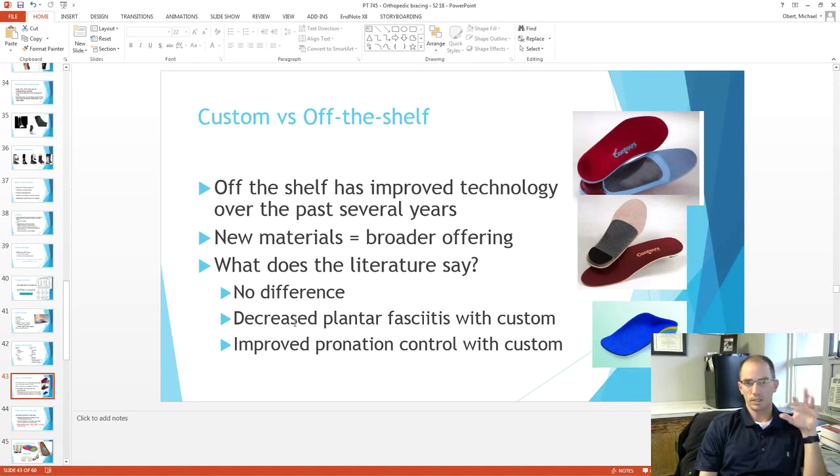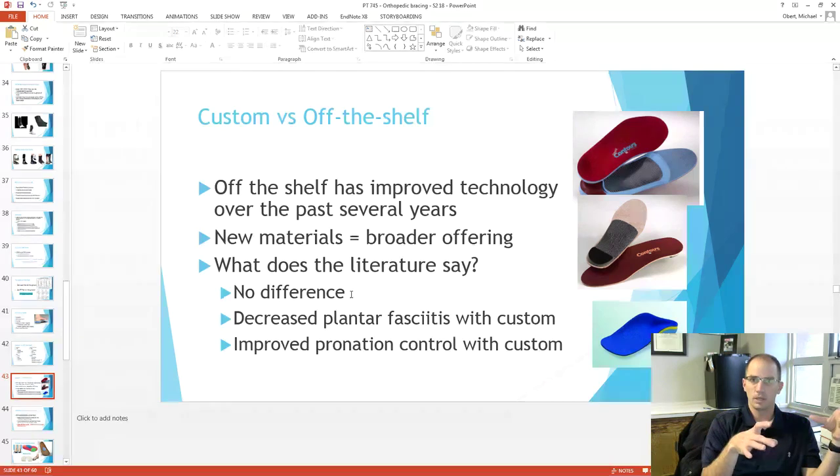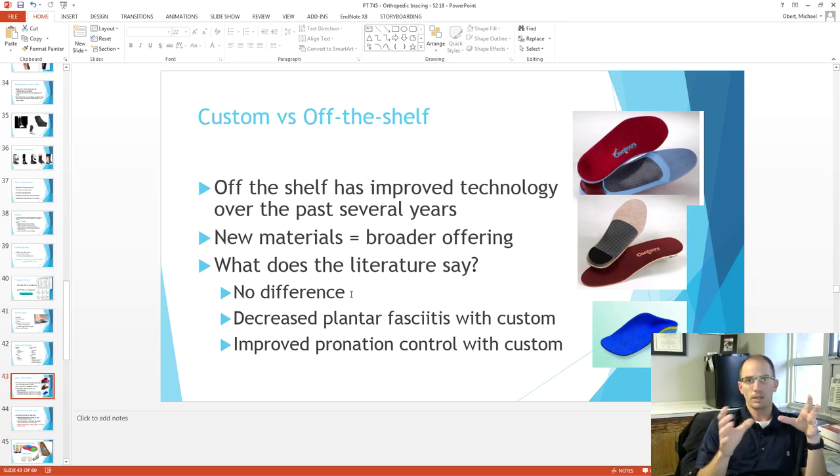So these are the results of 3 different studies. There's a lot of literature out there that says custom versus off-the-shelf, you pretty much get the same benefit. And I think a lot of it has to do with the type of foot. Most people have a neutral to a slightly pronated foot, and so it depends on the population that you have to look at for those particular studies. So most of the off-the-shelf will fit most people. But again, I err on the side of, if they've got something wacky going on, I'm probably going to make something for them. There is some literature that says that the custom orthotics are better at improving plantar fasciitis syndrome,